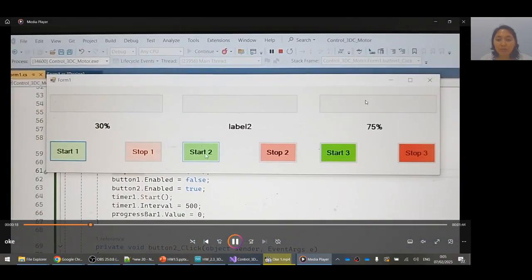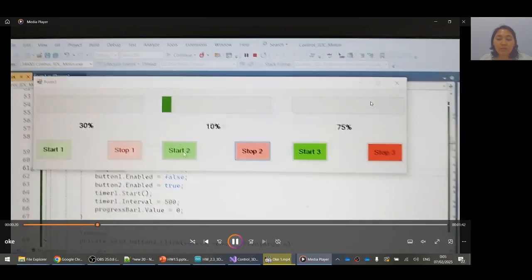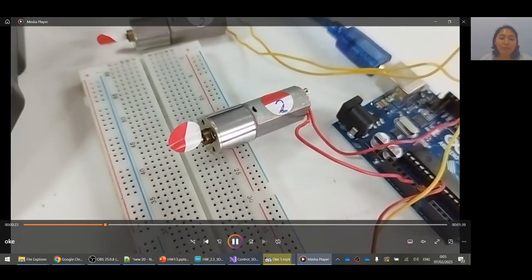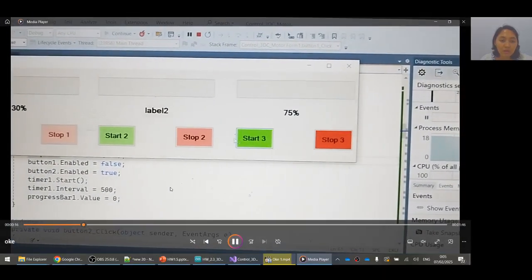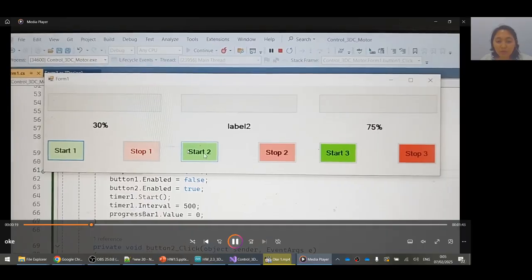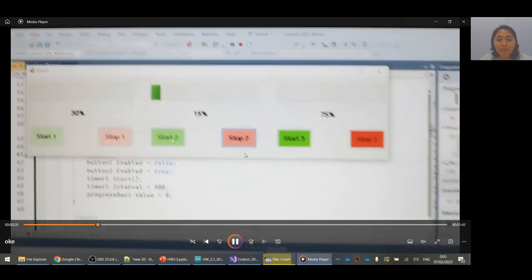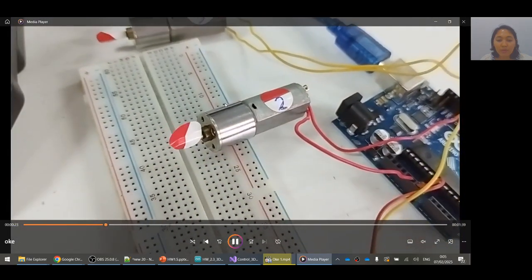the progress bar will be off, and then I start the button start 2, then the progress will be active and the motor will rotate.